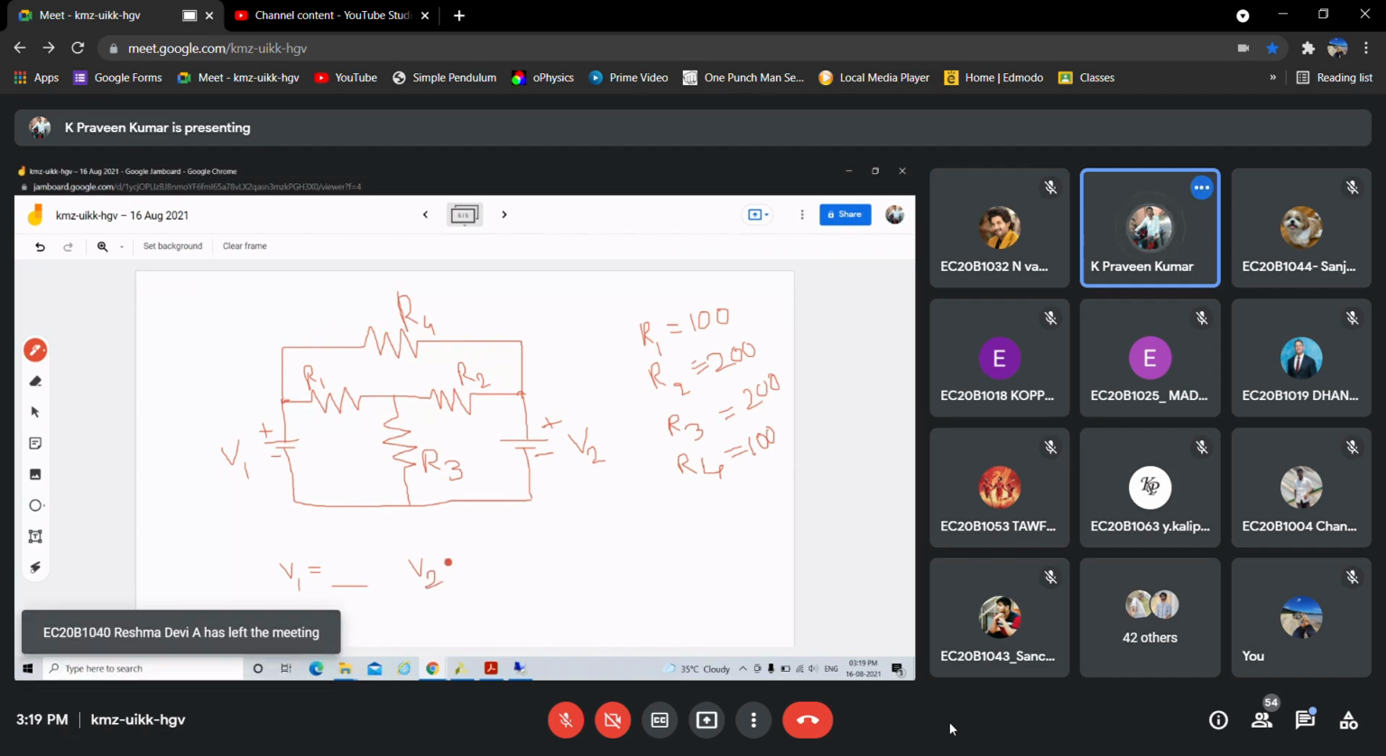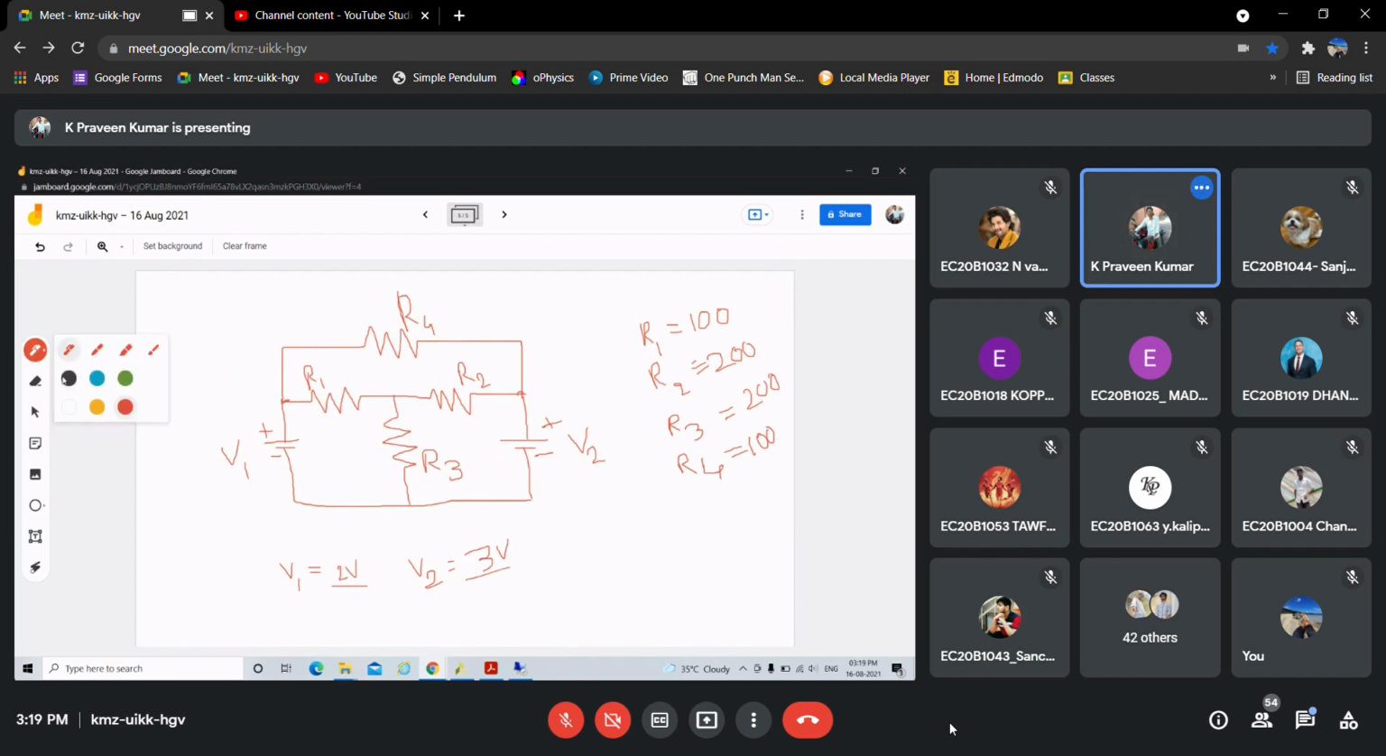So don't take both the same, like 1 volt, 2 volt. So just choose some different kind of values. Let us say 2 volt, some like 3 volt. So don't choose the same voltage. Now what we need to calculate is this node voltage. So let us say this is V dash, and this node voltage V double dash, and one more node here. This is V triple dash, and the branch currents